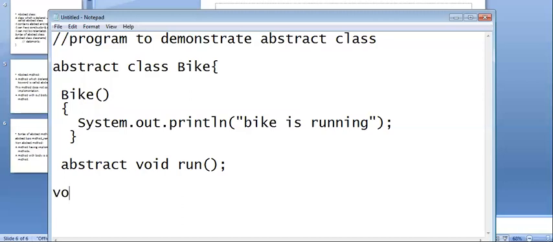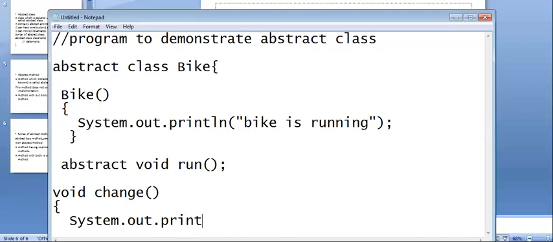Then a normal method: void change, which prints System.out.println "Welcome to normal method".